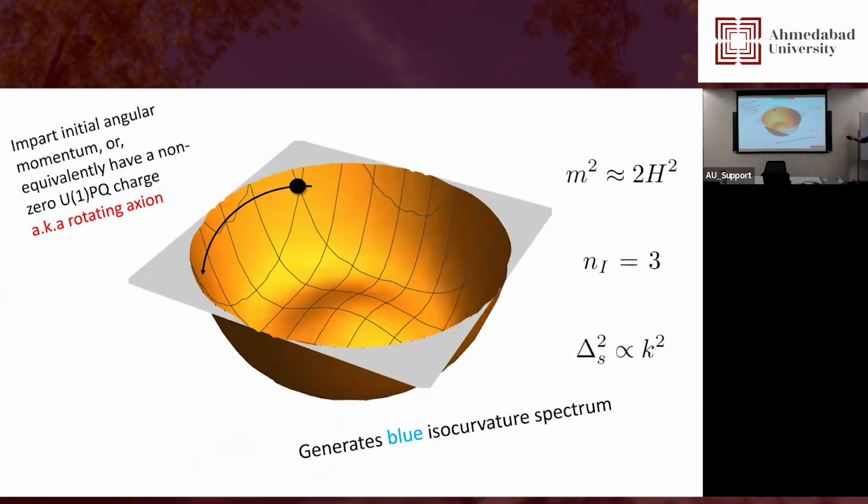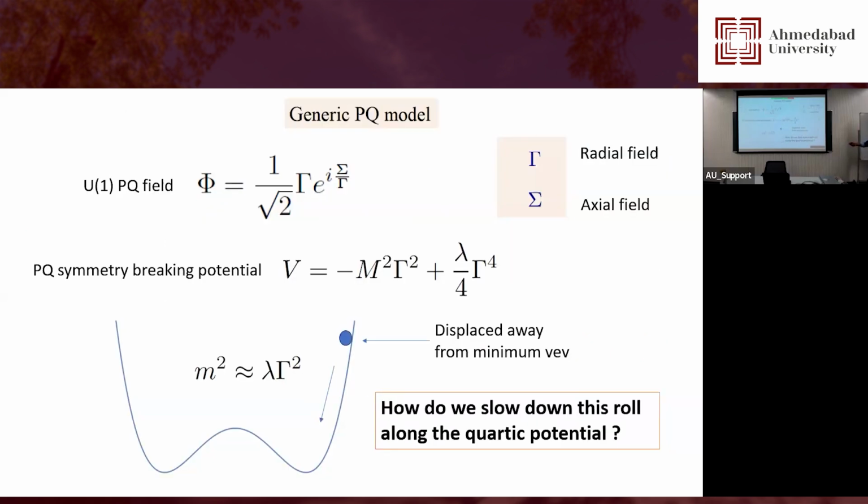This is the effective mass of the roll down. So essentially, if m square is extremely small, initially the potential here is just given by negative m square, and this is my gamma to the power 4 part. And if it is somewhere here, it's not actually seeing this, but the effective mass is lambda gamma